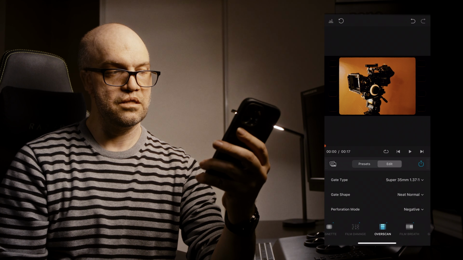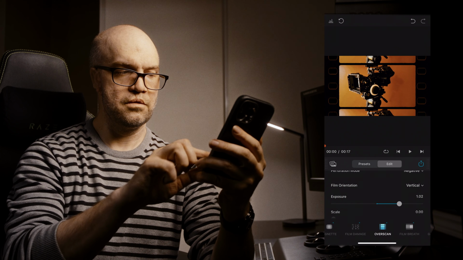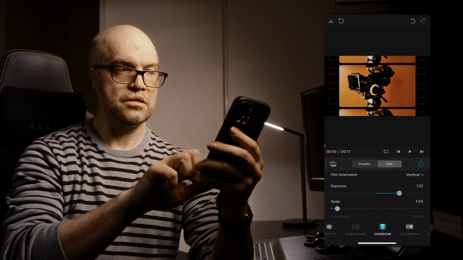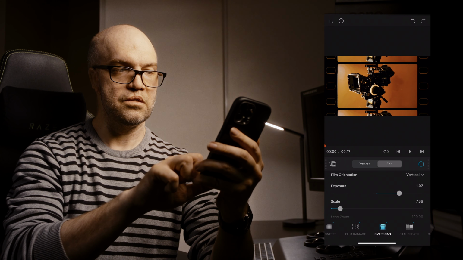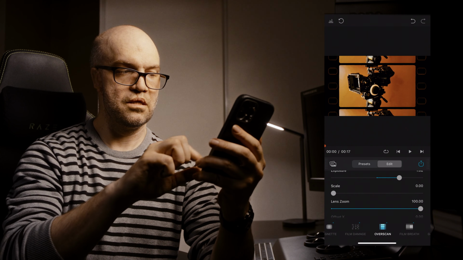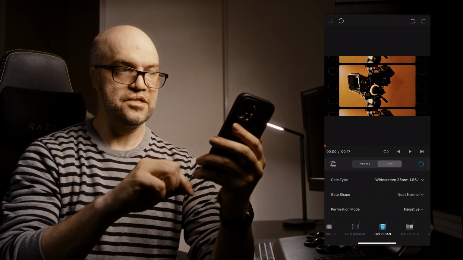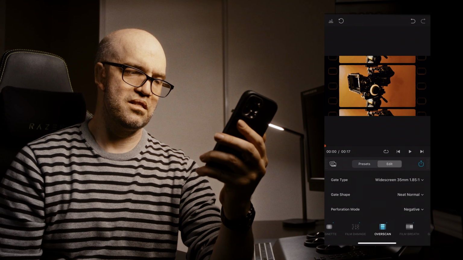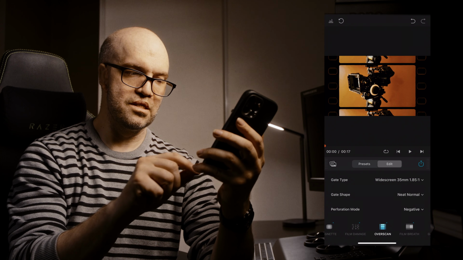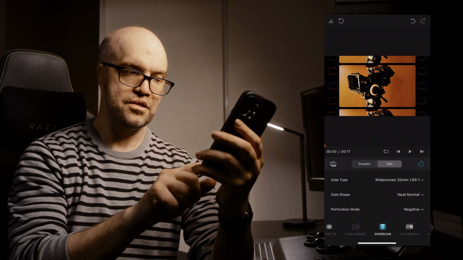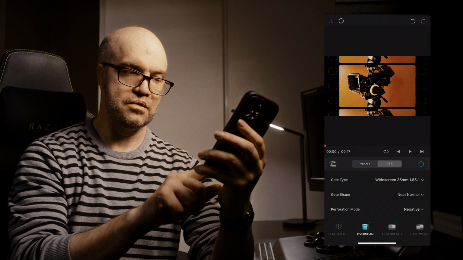Be able to see the sprockets a bit more. Cool. Scale. I'm going to keep it minimal. Everything else sounds good. Yeah, I'm happy with that. I'm just feeling like I'd like to grunge up the image a little bit more. So I'm going to do a custom